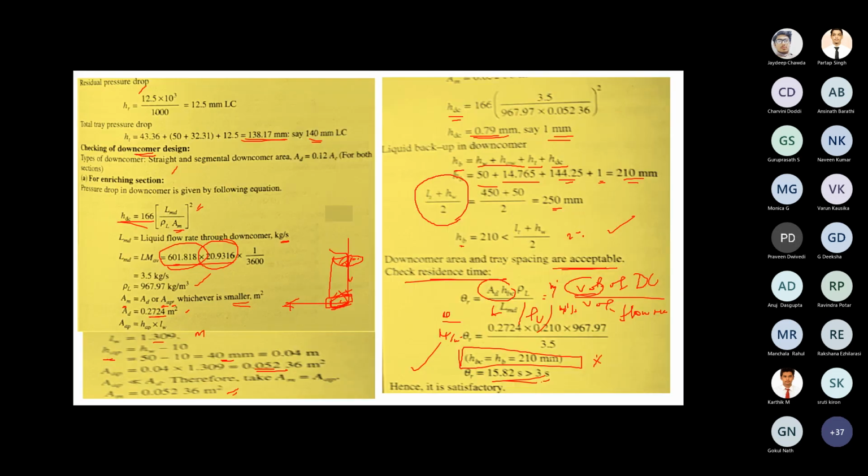That is 21%, that is greater than 10%. If the psi is less, then higher tray efficiency is obtained. But here the value of fractional entrainment is 0.21. So what should we do? We have to increase the tower diameter, so that it is reduced. Similarly, for the stripping section, the value is 0.084, that is less than 0.1. Okay, so this is the complete design problem of the distillation column.